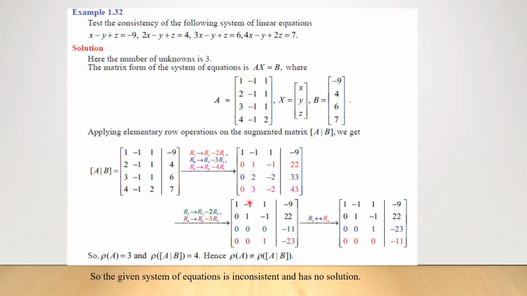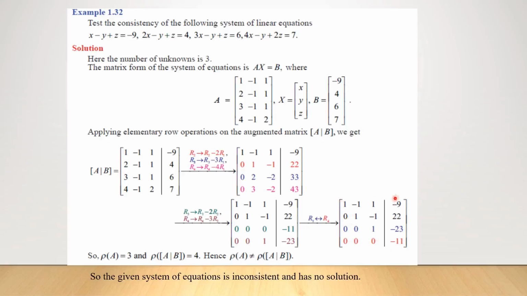After changing this, make the third row second element and fourth row second element 0 by using R2. After changing this, see here, the number of zeros in the third row is greater than the number of zeros in the fourth row. So, I have to just interchange the rows to get the triangular form. That is, R3 is changed into R4 and R4 is changed into R3. Now, we will get the triangular form.